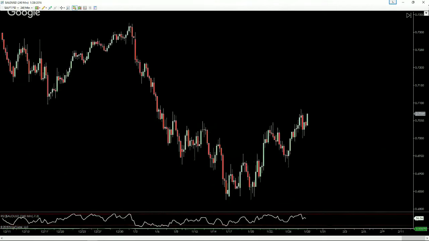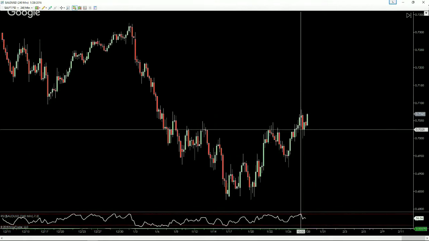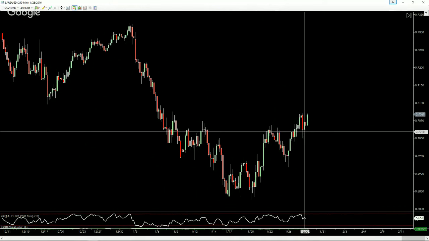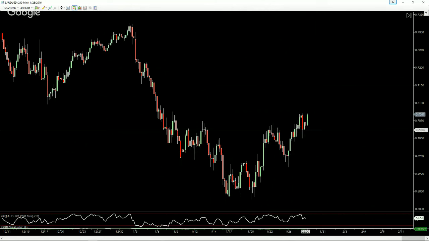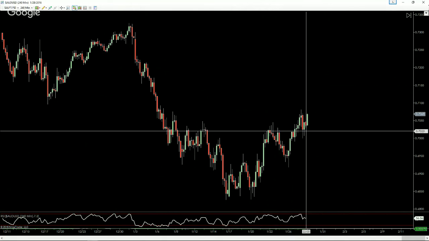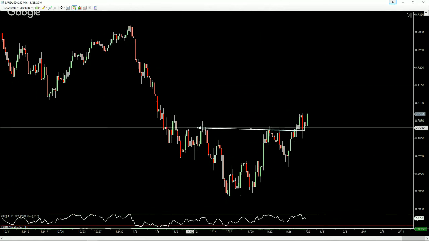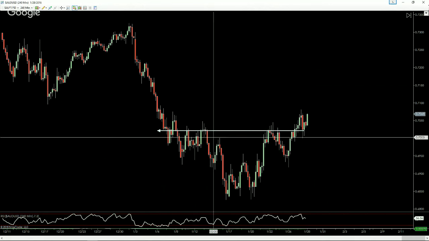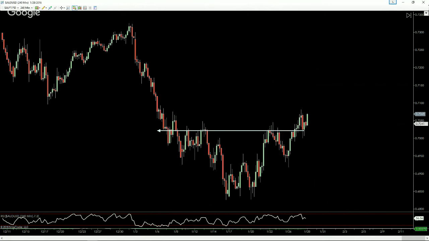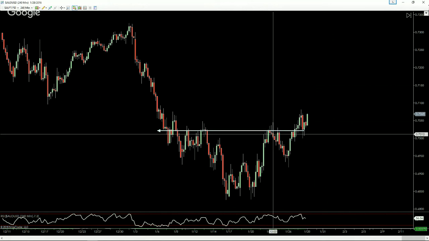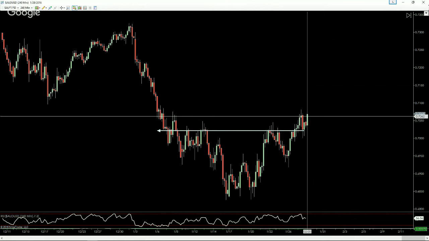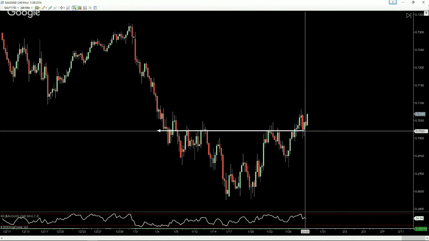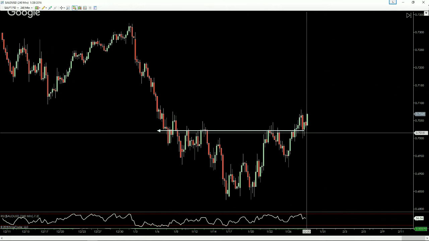Well, we have this sort of structure right here. Price did come back down to this structure level right here, which looks like a very interesting level to many people, because we can see that we have a support resistance right here, another resistance right here, and resistance right here also. So if price comes back down to this level, as long as we don't close below these lows, it's a good